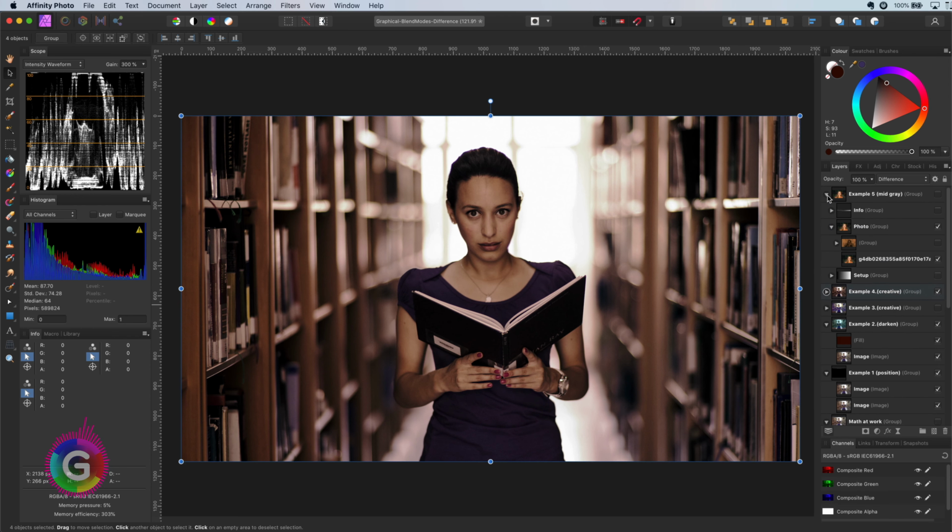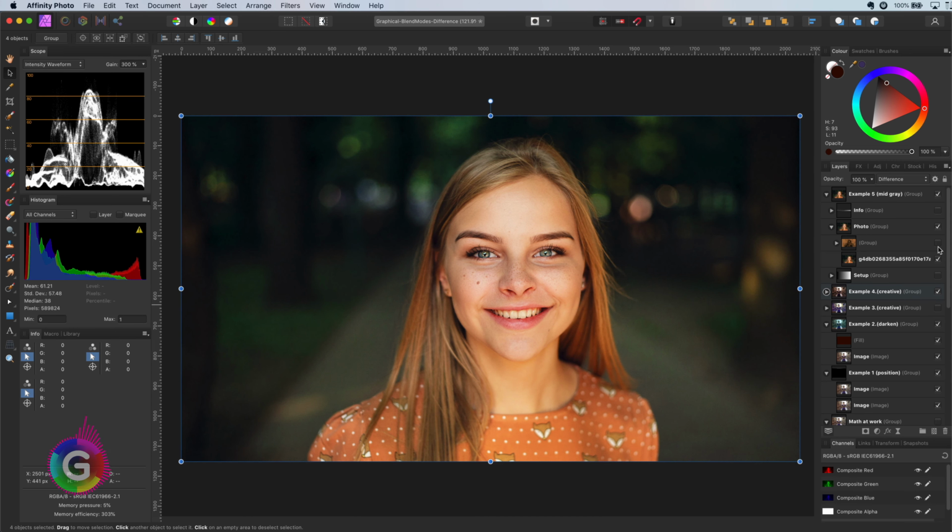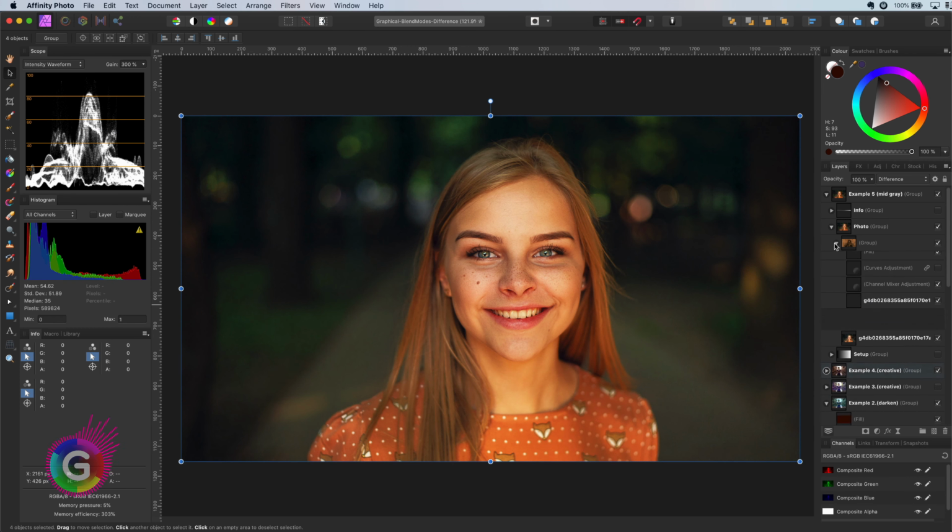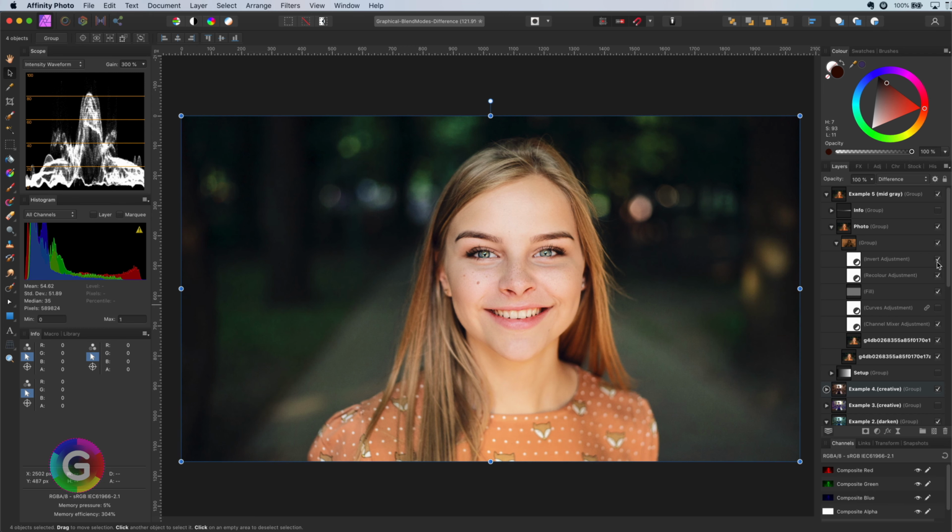Using a difference layer in combination with an overlay or soft light also creates amazing results. Here is an image where this is applied to, and with the help of a difference blend mode, I can adjust the neutral colors, for example, to give it more color or to brighten it up. This technique, however, deserves its own video, and I will put a video explaining this technique in the next couple